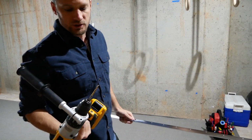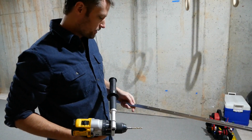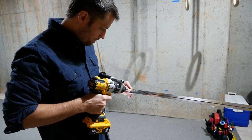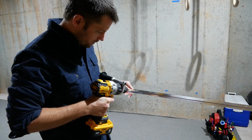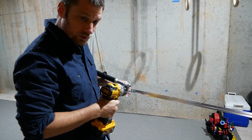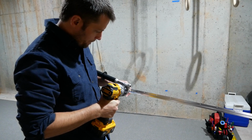All I'm going to need there is just a regular drill bit that is good for metal, and then we can just tap this out. Let's see if I can just do that right here. This is pretty soft metal. This is aluminum, so it should go through pretty easy. Probably better to do this on a table, but